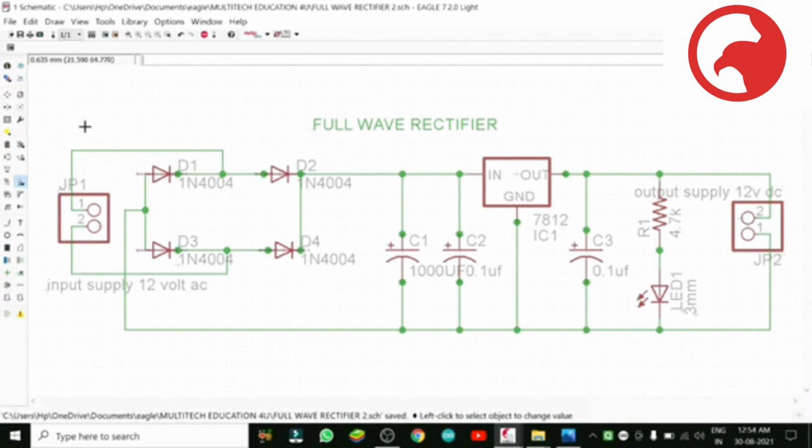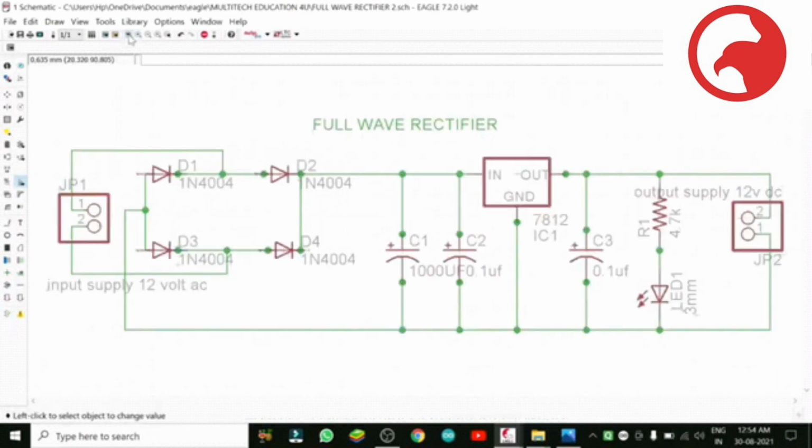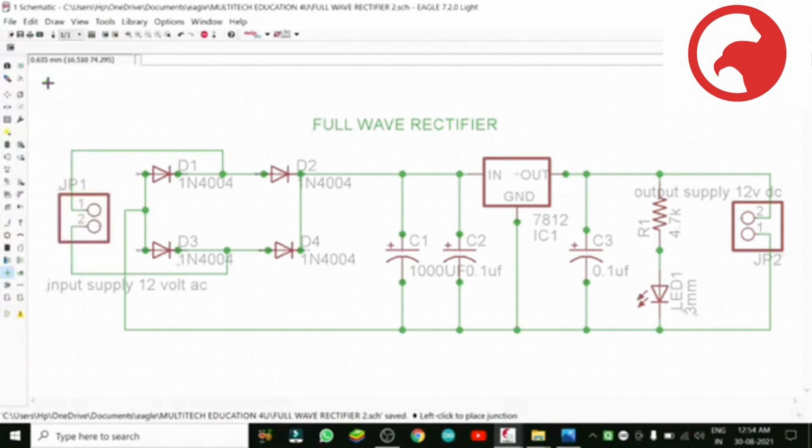In the board file there is too much work that you have to take care of. Watch that video, the next video, very carefully. There, see, here we have left the nodes. So why we should leave it? We put the node here also and here also to make the firm connections. It shows the firm connection. We have made it so. So see it again, and now we will come to the board file.